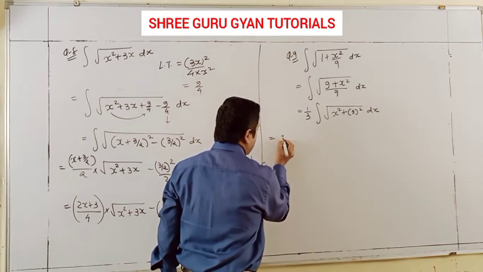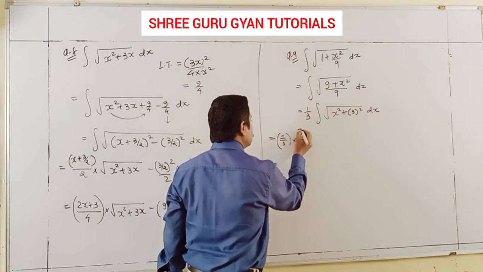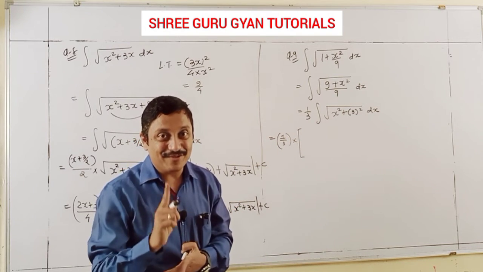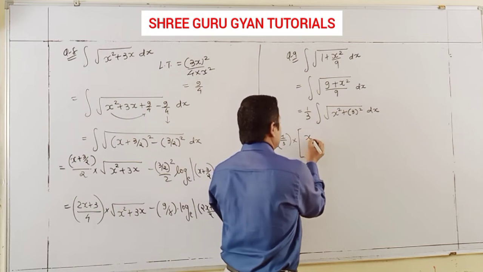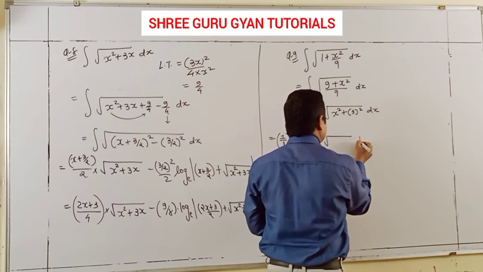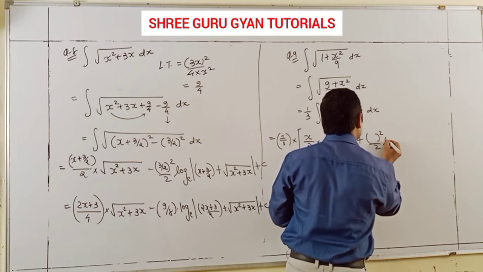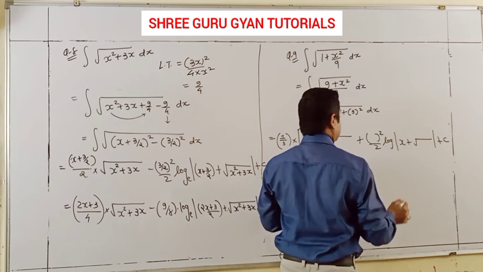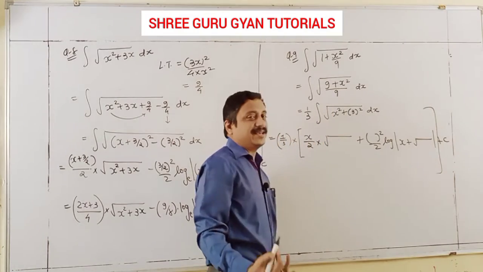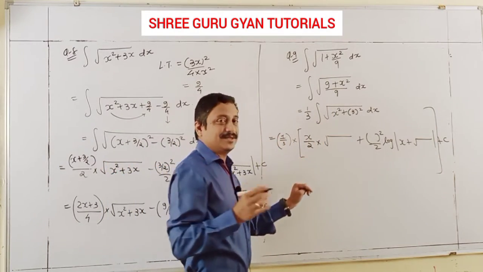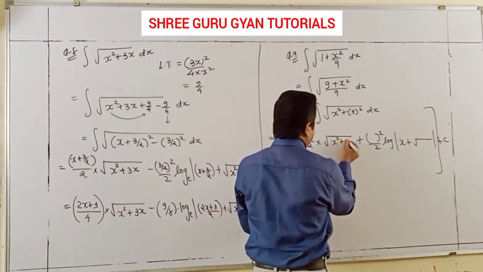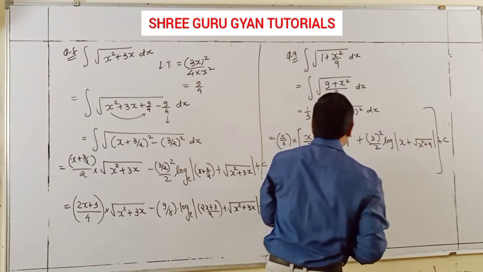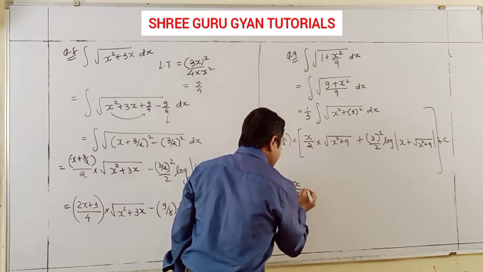And the whole formula we know: constant square plus variable. First one, x by 2 root plus a square by 2 log x plus under root plus c. This way I easily write it down. And here root x square plus 9, here a is 3, again x square plus 9. So finally your destination over x by 6,